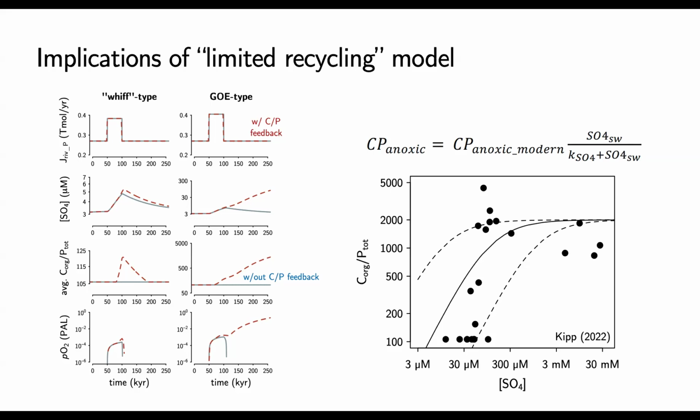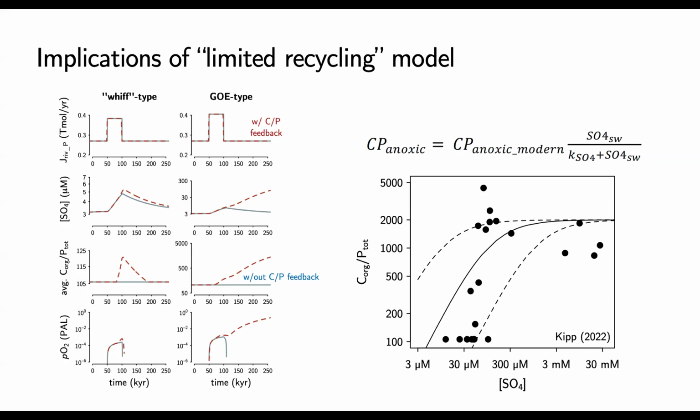In the blue lines, I'm arbitrarily saying there's no such thing as this phosphorus recycling. So I'm just holding constant C to P ratios. And that's what the third panels are showing, a flat line in C to P. So there's no preferential recycling when, like we know, is driven by sulfate, let's say in anoxic settings. And then in the red dashed line, we have that sulfate-driven recycling in the model.